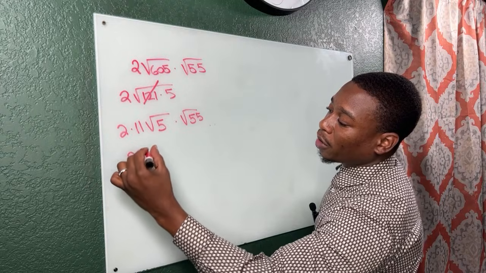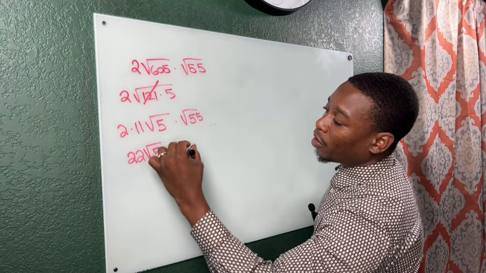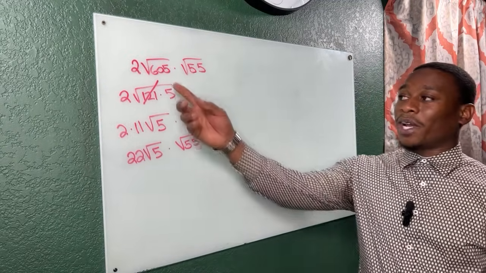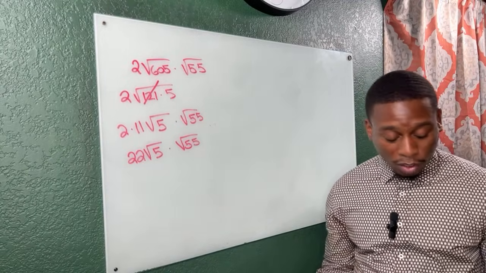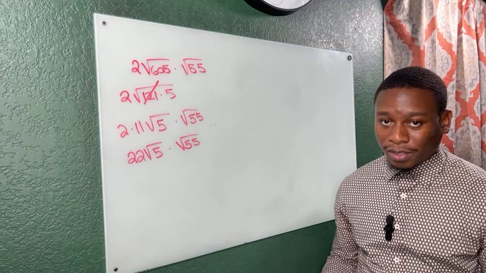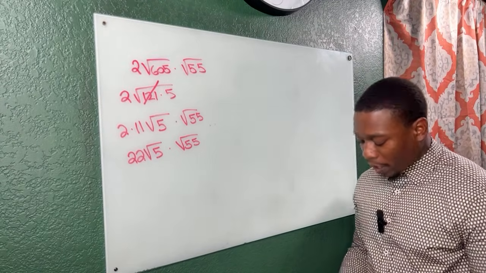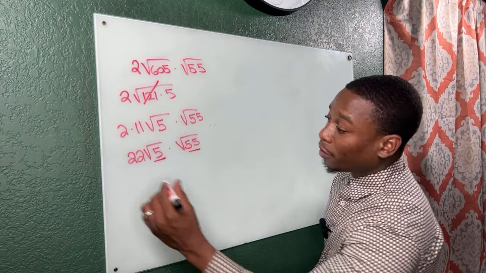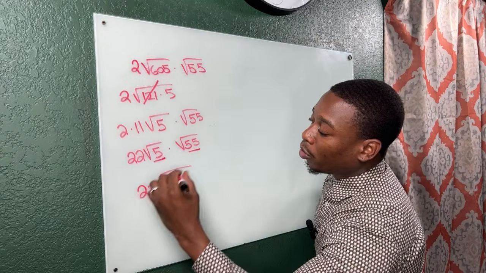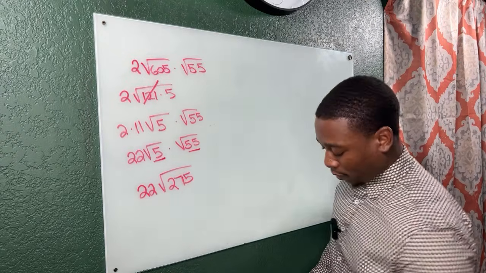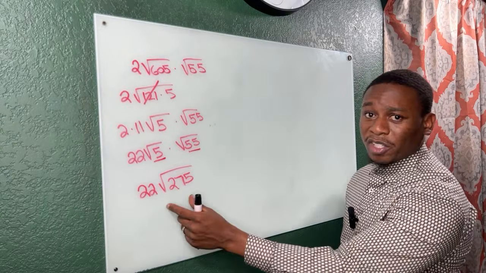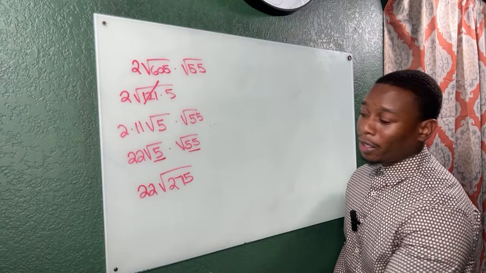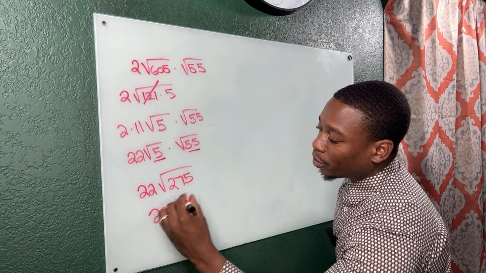So now we simplify 22 radical 5 multiplied by radical 55, okay? And family, you don't have to simplify this. I just like to work with smaller radicals because it makes it 10 times easier for us to simplify, okay? So now all we're doing is multiplying these two radicals. 5 times 55, we're going to get 22 radical 275. So off rip, I know that 25 is probably going to go into this. So when I divide 275 by 25, I get 11. So we break this back down to